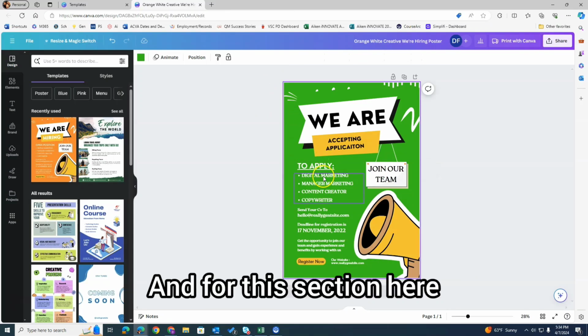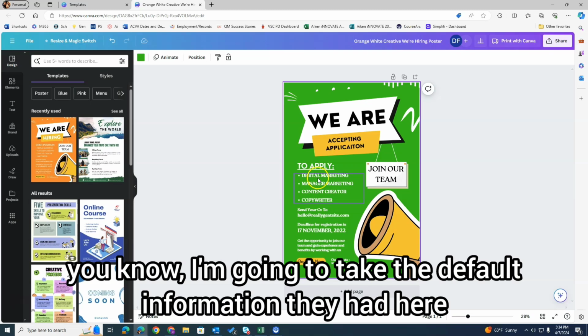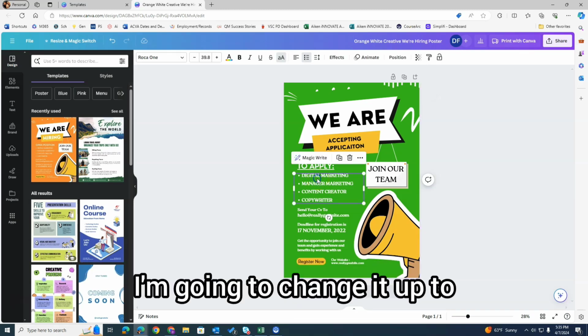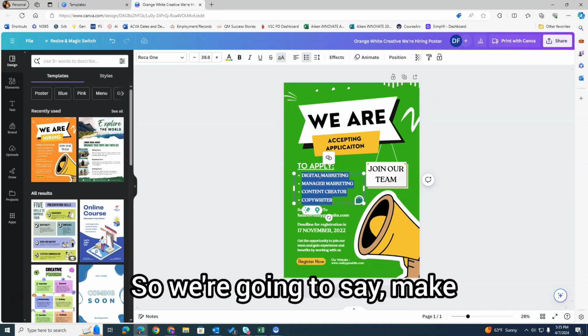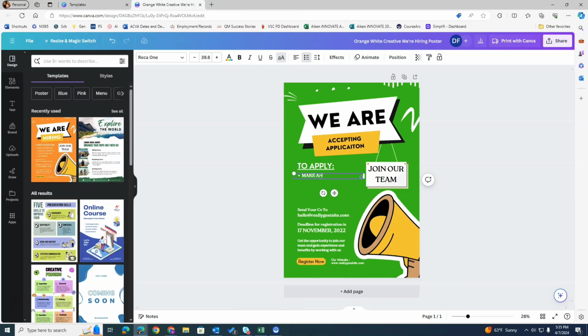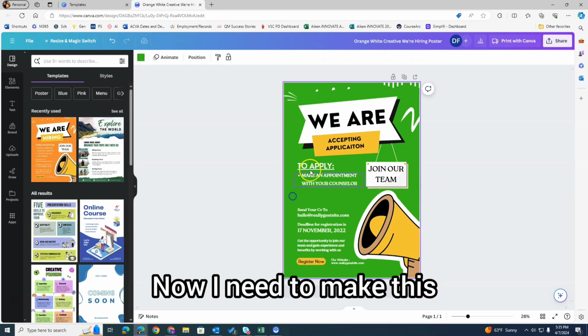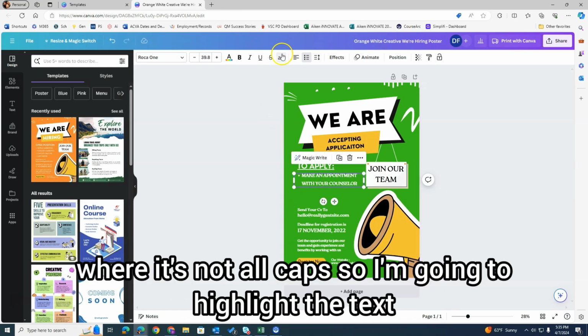And for this section here, I'm going to take the default information they had here and I'm going to change it up to what I need it to be. So we're going to say, make an appointment with your counselor. Now, I need to make this where it's not all caps. So I'm going to